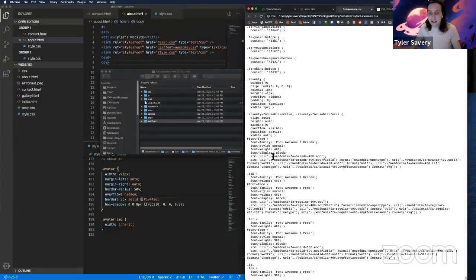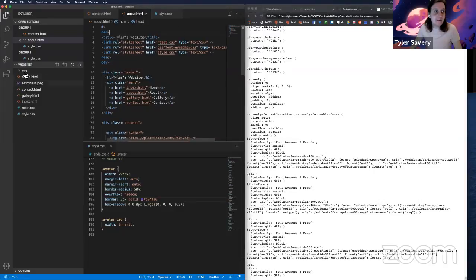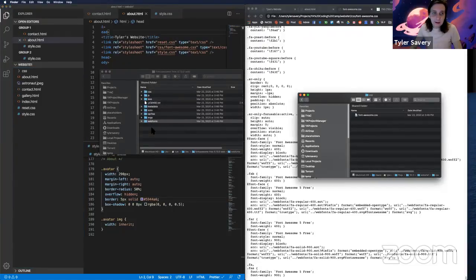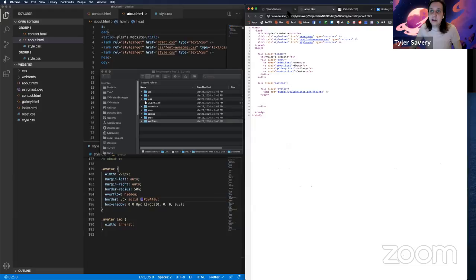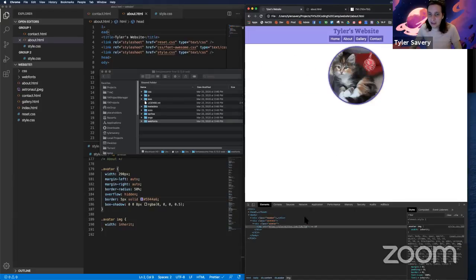So in that case, it's going to be looking for something not in the same folder that we're in now, but a folder before. So I'm going to grab this web fonts folder, copy it, and over here in my main directory, paste it in. So now we should, in theory, be good. Nothing's going to happen yet, but